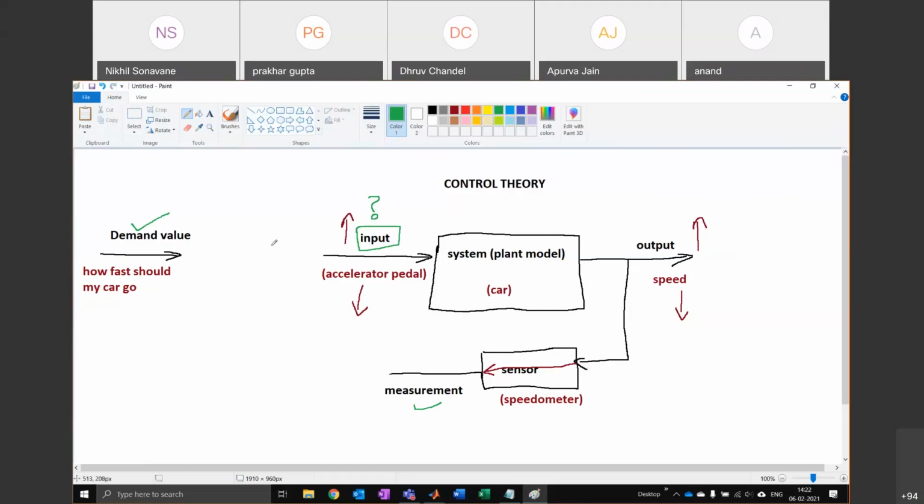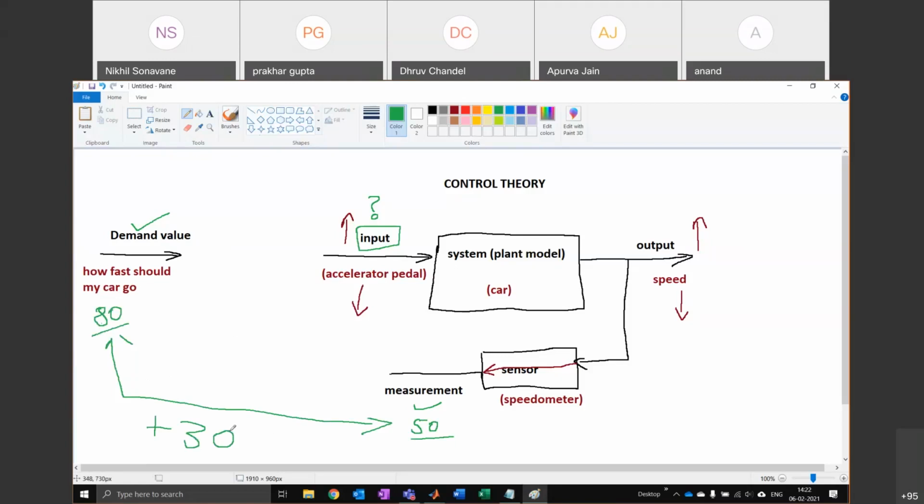Okay. So suppose that I was going at 50 kilometers per hour and I should be going at 80 kilometers per hour. So from here, if I subtract this number from this number, that will tell me I have a margin of plus 30, right?